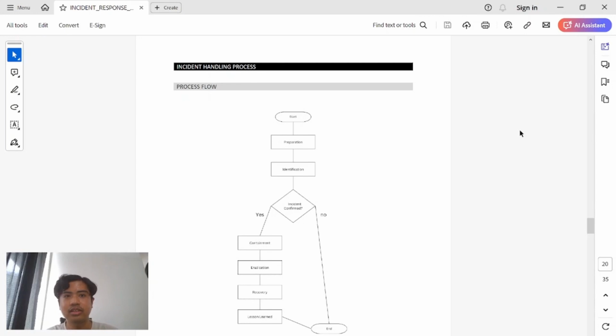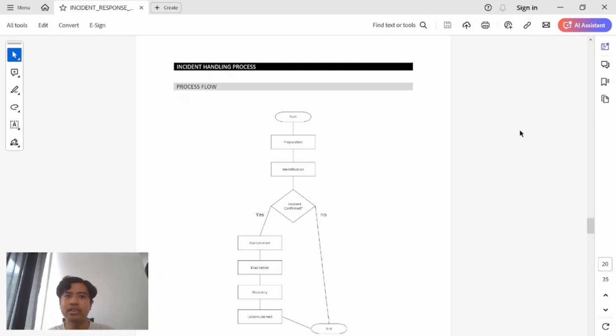Next, containment. During the containment phase, the focus is on limiting the incident's impact by isolating affected systems, blocking malicious traffic, and using short-term and long-term strategies to stop the threat from spreading and prevent recurrence, ensuring minimal damage and enabling further analysis. And next, eradication. The eradication stage aims to eliminate the root cause of the incident by removing malicious software, closing vulnerabilities, applying necessary patches, and ensuring all traces of the threat are eradicated to restore systems to a secure state.